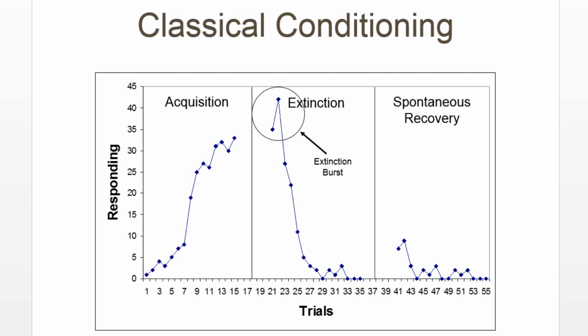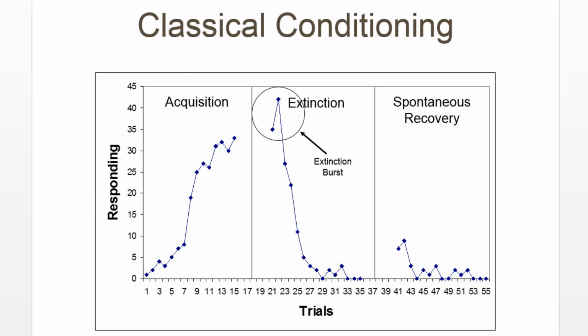Generally, acquisition takes place until some maximal level of responding occurs, where it simply levels off. Because you can't have the dog salivate to greater and greater intensity, so that after 1,000 pairings of metronome and food the dog squirts saliva from its mouth so strong that it shoots across the room, right? That's not possible. There's an upper limit to the strength of the response itself. And you'll see that when you're measuring these responses.